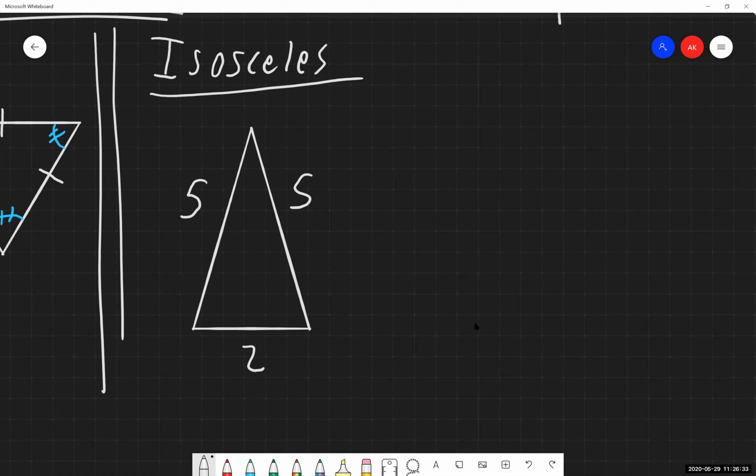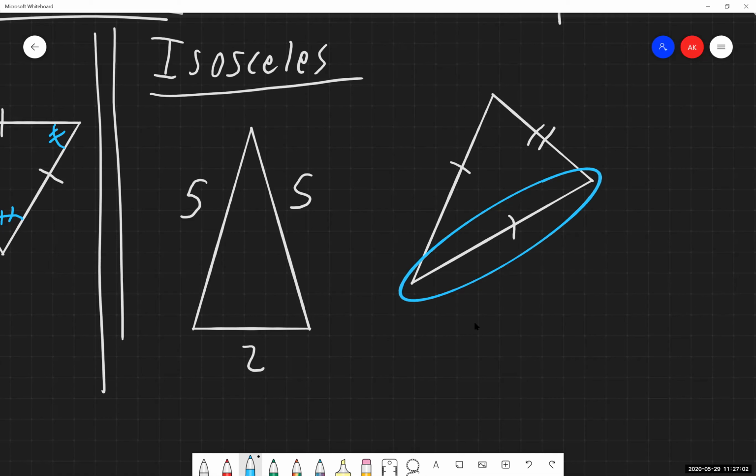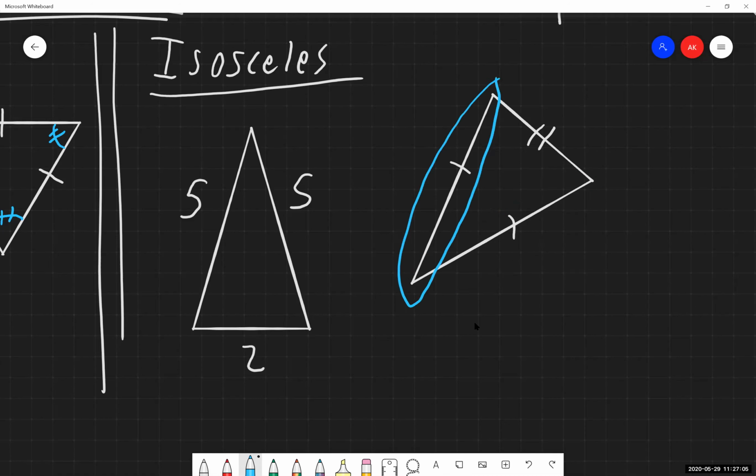Again, we could have it displayed showing different ways this can show up. They could display this with the lines instead. So again, the dashes, the little lines that are showing up on each of these side lengths, tell us which sides are and are not congruent to one another. So that tells me, based on the dashes, this side length is congruent with this side length. Again, I do not know what that exact value is, but that's fine. This tells me they're equal to one another, so I have an isosceles triangle.